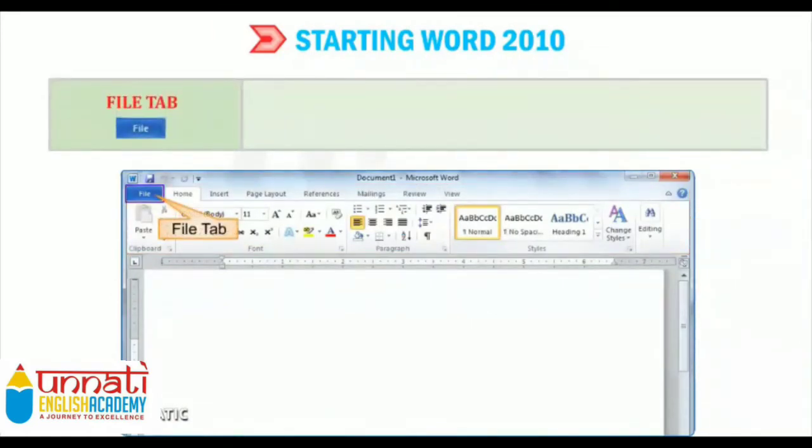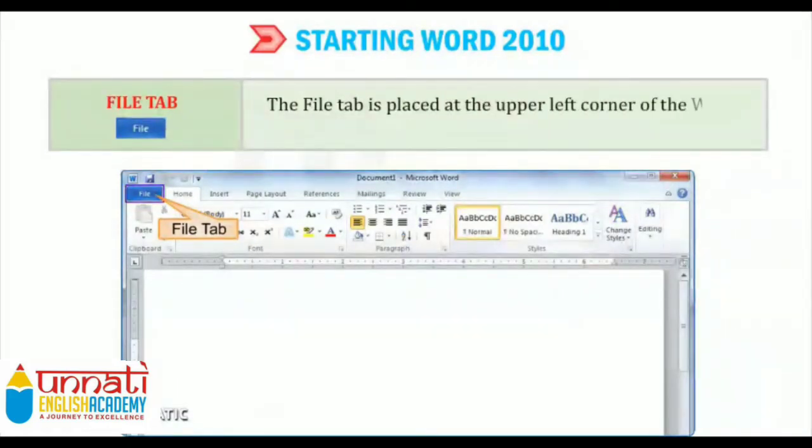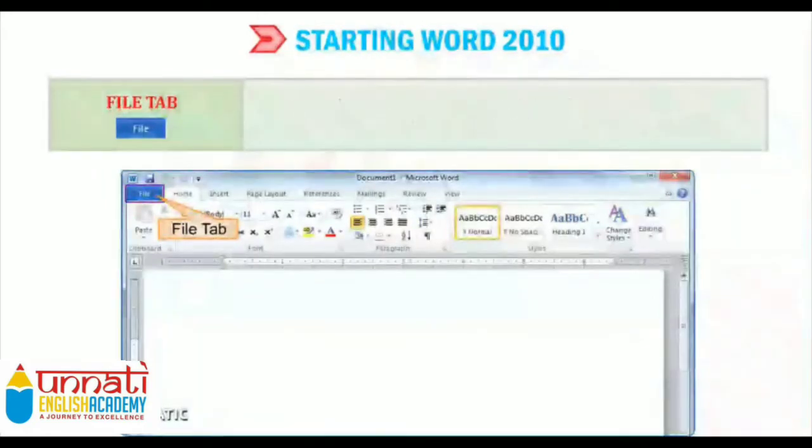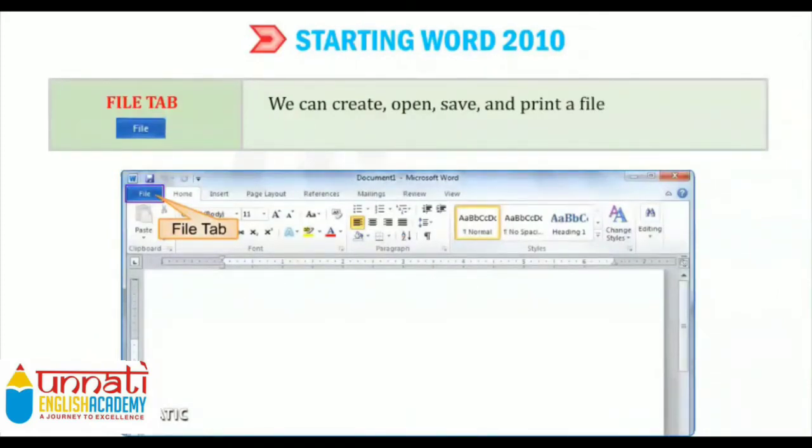The next is File tab, which is in the color blue. The File tab is placed at the upper left corner of the Word 2010. It is placed under the Quick Access toolbar. We can create, open, save and print a file by selecting the File tab.